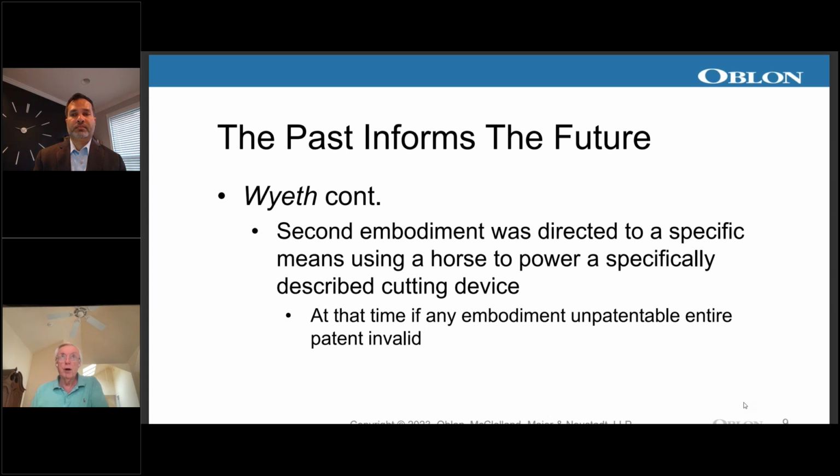Now here it describes what the second embodiment was. This means that in today's terminology, Wyeth would have been an enablement case because it did enable an embodiment, just not the full scope of what the applicant was after. And you'll see that if you ever look at the Morse case, there's a big discussion of, is it an abstract idea, is it a law of nature, or is it an enablement question? And in Morse, the Supreme Court ultimately came down on enablement for Claim 8, which was using electromagnetism to send messages.